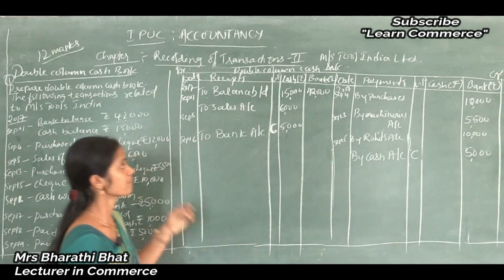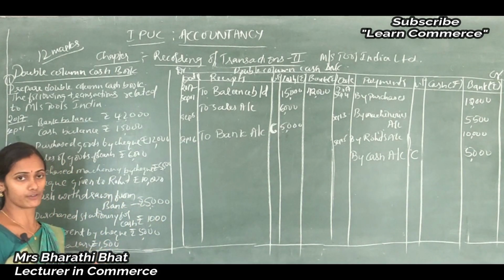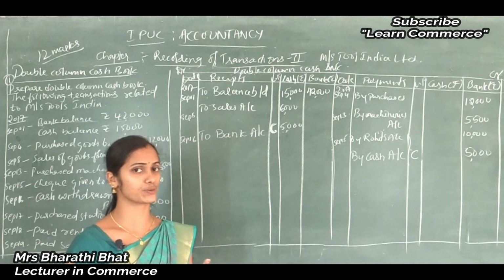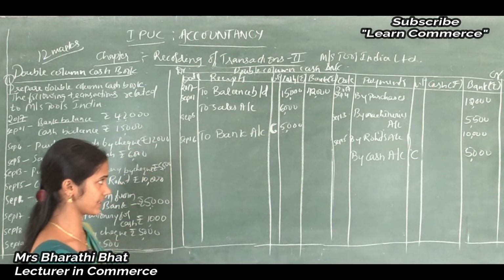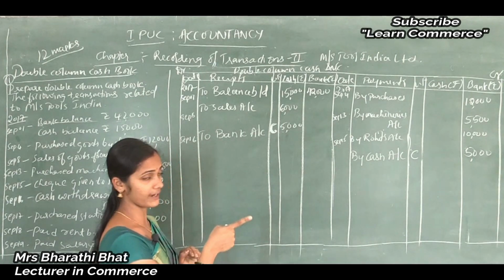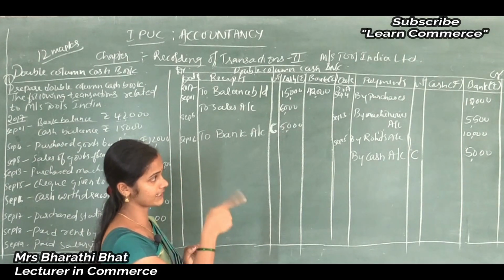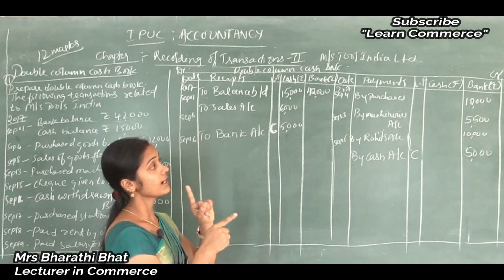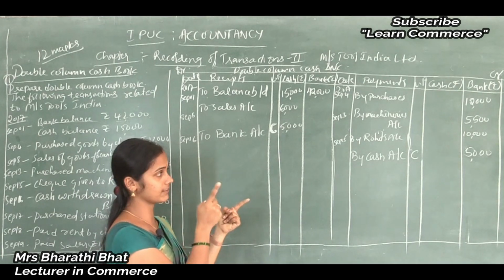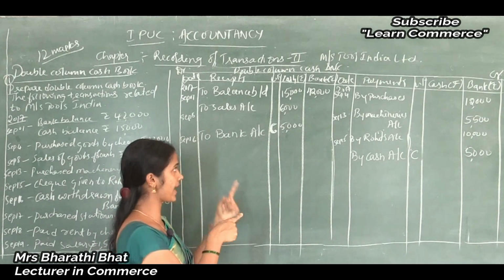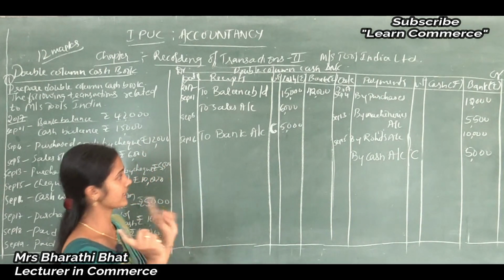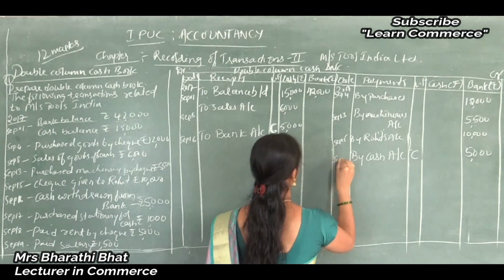Clear? See, cash withdrawn from bank, cash deposited to bank. These are two important contra entry transactions. So we received cash 5,000. The bank paid cash, so credit side 5,000 in the bank column. Cash in the bank column is treated as cash because the bank gives the amount in the form of cash. Here cash received from bank. So to bank account, by cash account, September 16, same date.